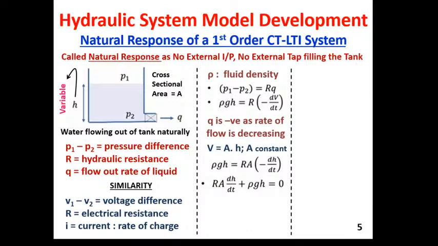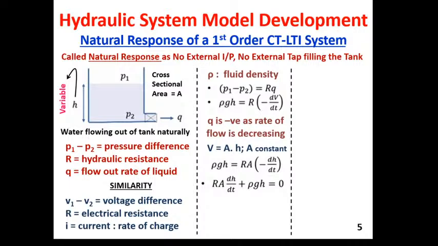V is substituted with A into H, and as A is a constant thing, we have taken it outside of the dH dt term. So what is the change in H with respect to time? What we find is rho gh is equal to RA minus dH dt. But dH dt means how the height of the liquid is reducing with respect to time. Finally, the equation we find is R into A, where R is resistance and A is the cross section area of the container,